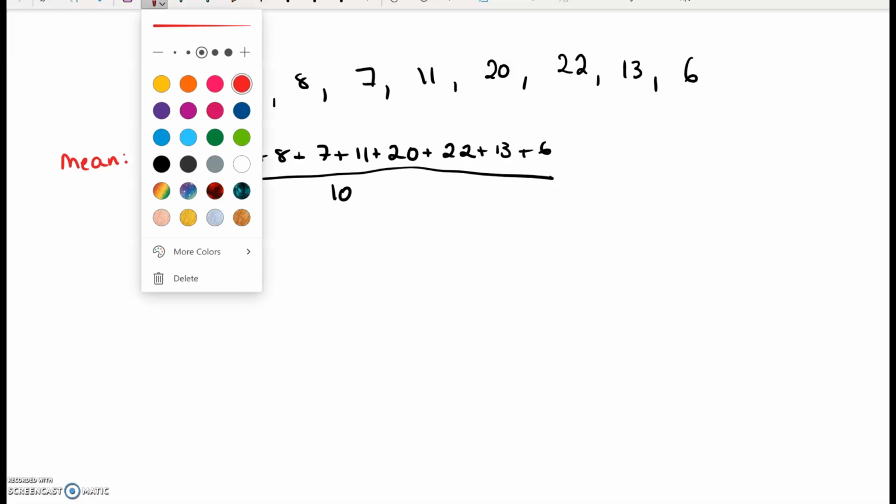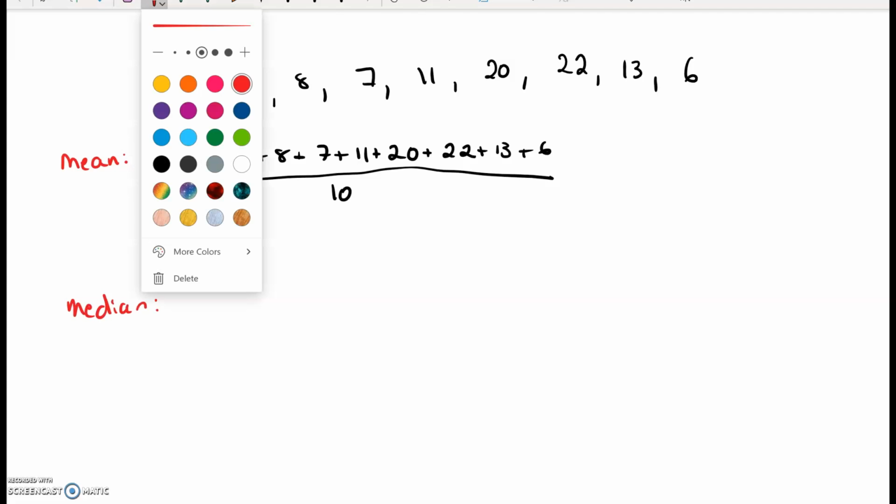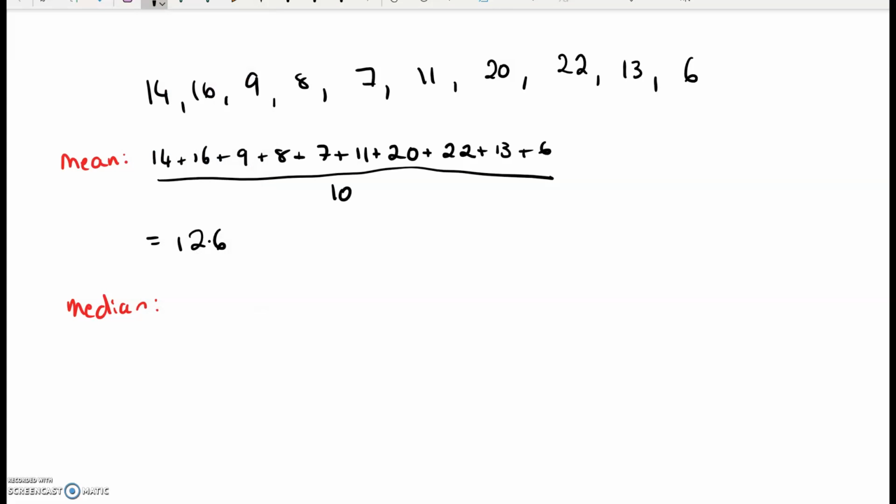All right, for the median, first thing we need to do is order the values. And I suggest when you're ordering that you always cross them off as you're going so you don't get stuck on which ones you've done before. So our smallest number is 6, so we're going to start off with 6. Okay, we then have 7, 8, and 9. Okay, we then have 11,